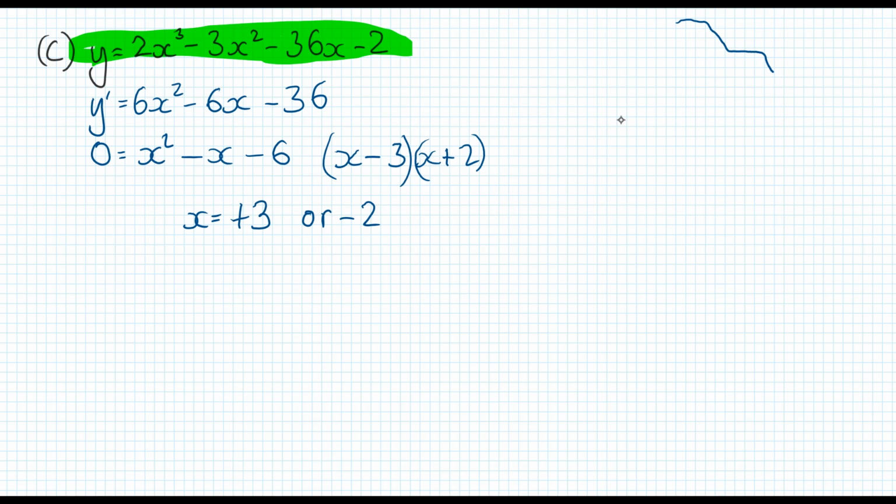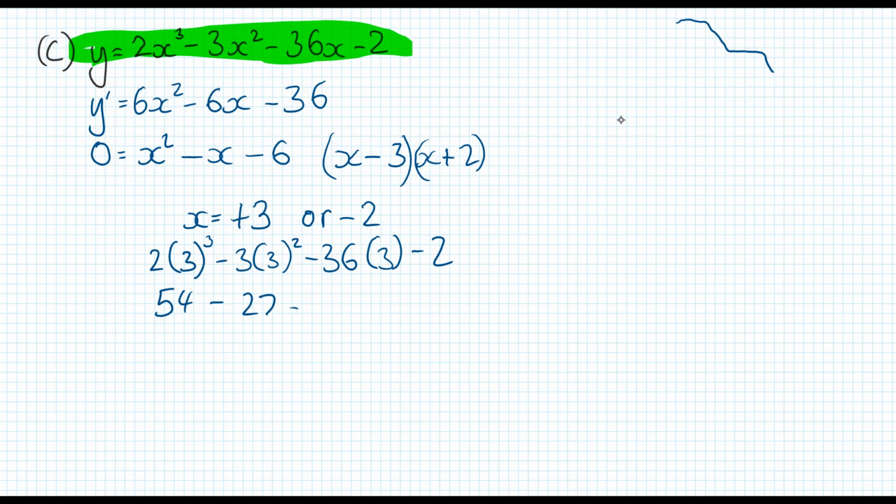So we end up with 2 outside of 3 cubed, minus 3 times 3 squared, minus 36 times 3, minus 2. Okay, which is 27 times 2, which is 54, minus 27